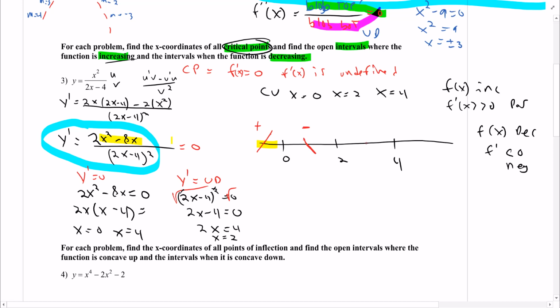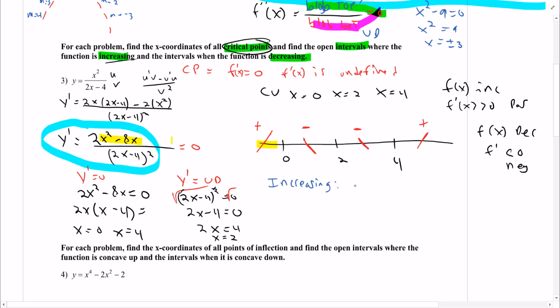Okay, let's try another number. Let's try 3. If I plug in 3, we're going to get 3 squared is 9, 18 minus 24, that's also negative. Now we plug in 5. We're going to get 5 squared is 25 times 2 is 50 minus 40 is positive, right? So we're now ready to say, okay, the function is increasing